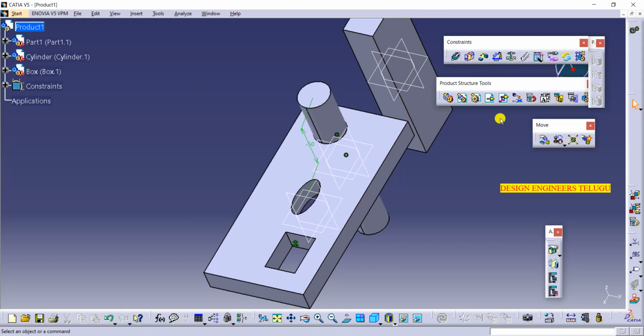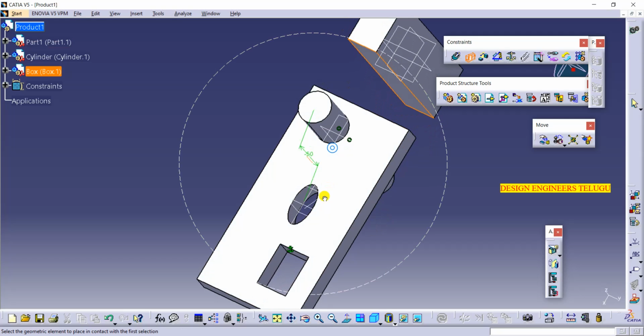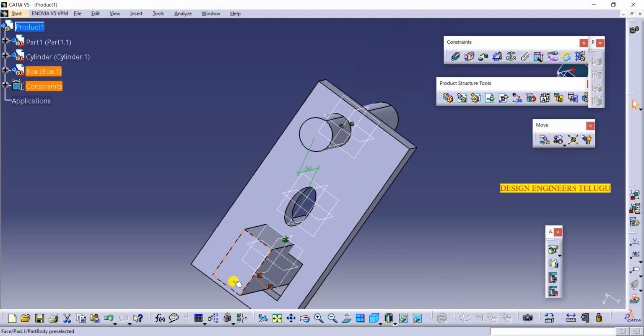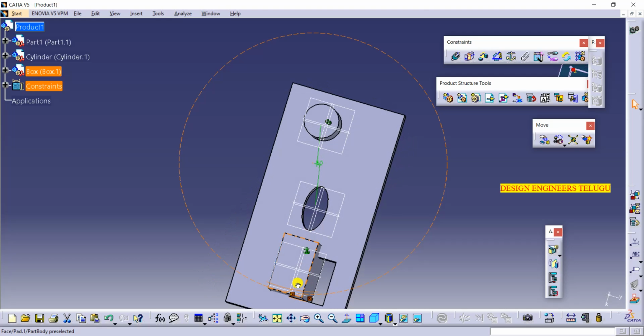So for this, what I'm doing here is, instead of giving distance, suppose if you select this face and this face, if you give the distance as 0, it will automatically come and sit here. But instead of that, I can go for contact constraint. So suppose if you see this one, contact constraint, select this face and target where it has to go. It has to go and sit here. So select this space also. When you select both and click on update, it will automatically move to here. Okay, see,